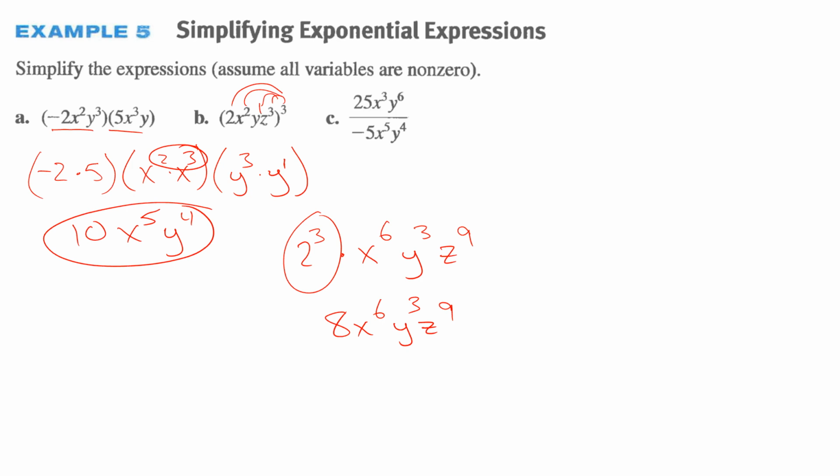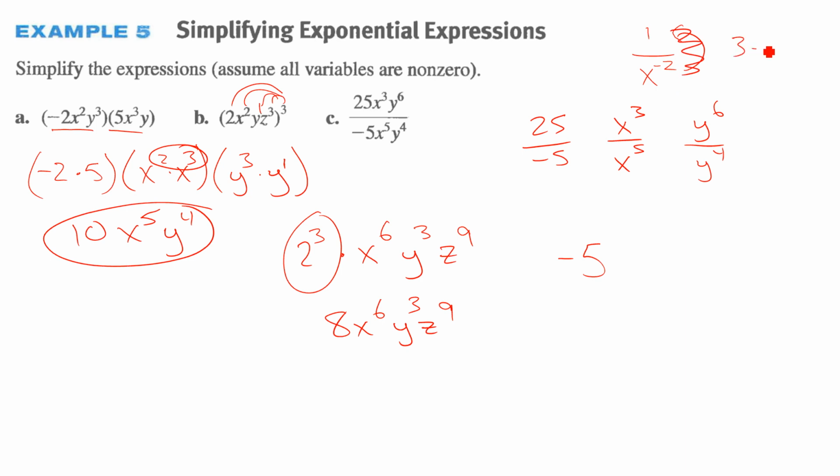All right, last one, we can divide. Let's split them up into parts. 25 over negative 5, x cubed over x to the 5th, y to the 6th over y to the 4th. Okay, 25 over 5 is 5 with a negative in front. Now here we're going to subtract. 3 minus 5 is negative 2, so this would be 1 over x to the negative 2nd, which means it would be on top,